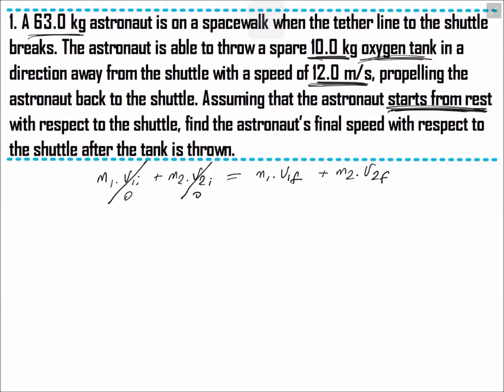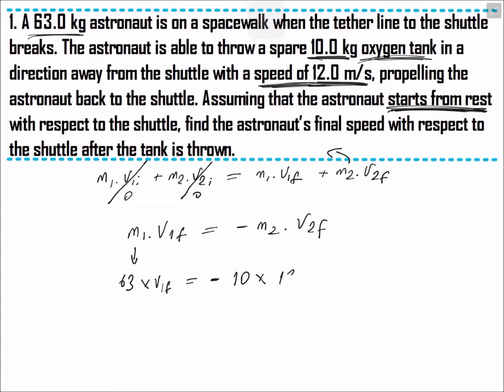Then if we move this to the other side, m1 times v1 final must equal negative m2 times v2 final. Let's say m1 is the astronaut, so it is 63 kilograms times v1 final, which we don't know and is the question, equals minus m2, the mass of the oxygen tank, which is 10 kilograms, times the velocity of the oxygen tank, which is 12 meters per second. So v1 final, the final velocity of the astronaut, will be 1.9 meters per second toward the